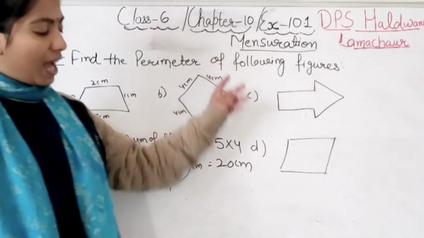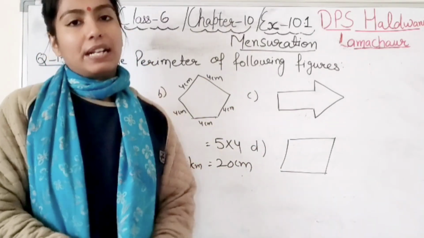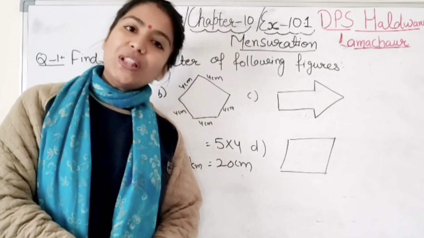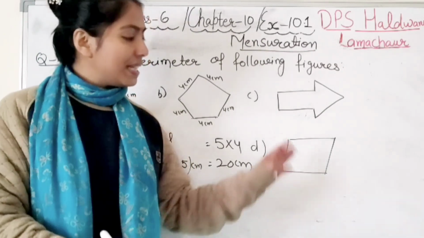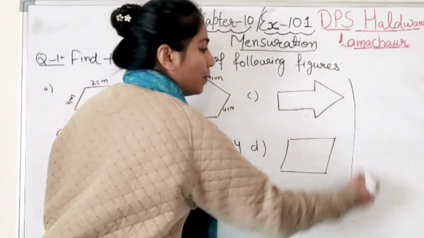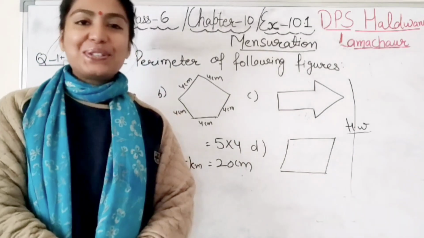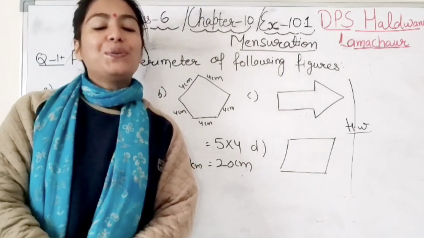So in the same manner you have 2, 3 more figures. You can do it on your own in the book itself. No need to do it in the notebook. All the questions are same only, right? So these questions you can do in the book itself. So see, these 2 parts only you can do in your book as homework. The question is very simple only student. No? So this was about question number 1.